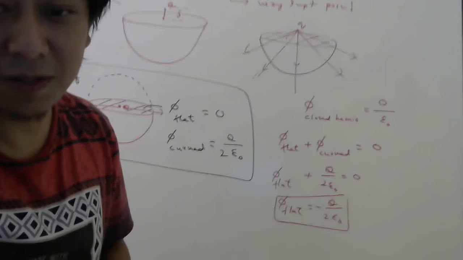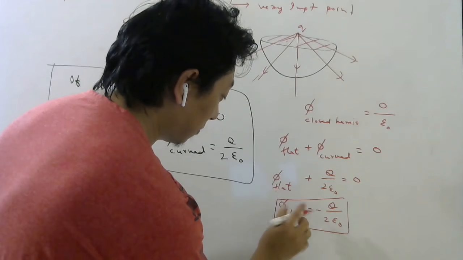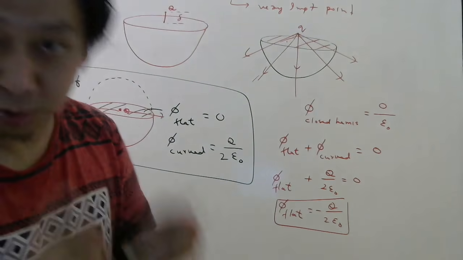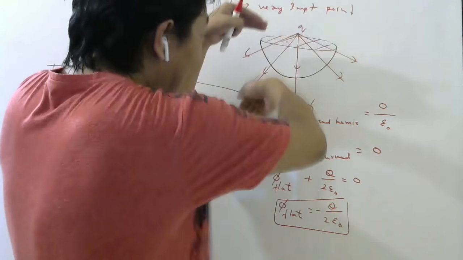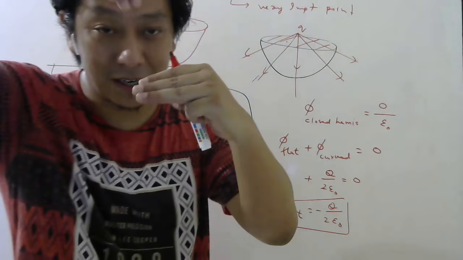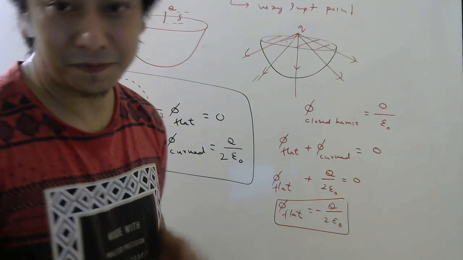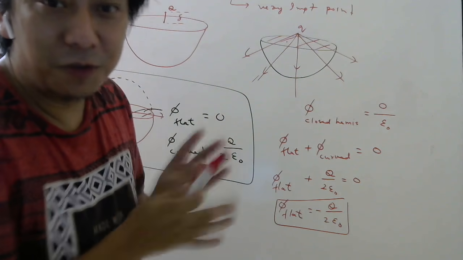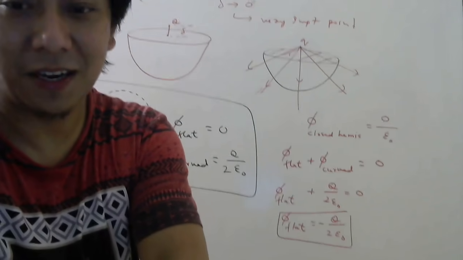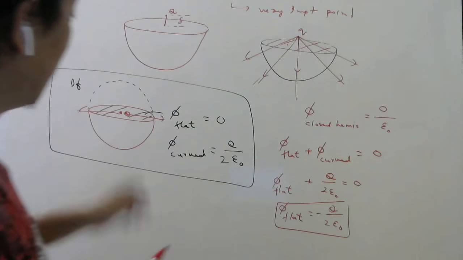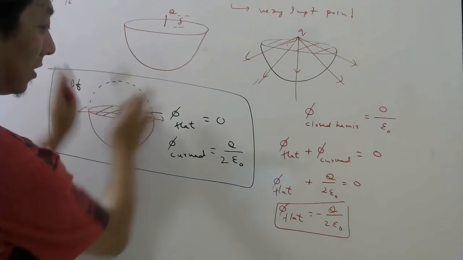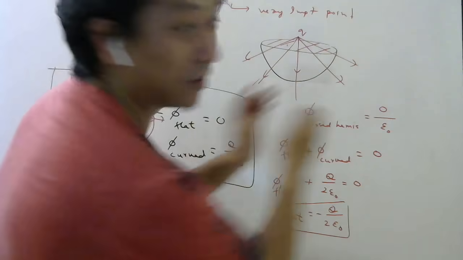Are you happy to see the minus sign for flux through the flat surface? Yes, you should be happy, because when lines enter the surface, if they cut inwards, then I told you what? Flux will be negative. So this is how beautifully this question has been designed. I hope everybody understood. By using this analogy, you try to solve this.